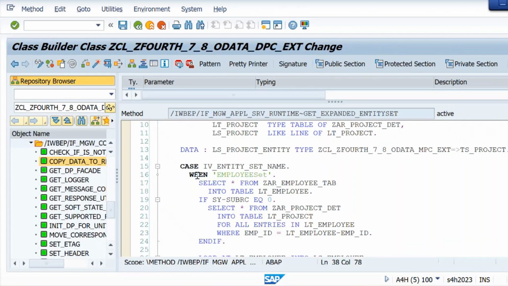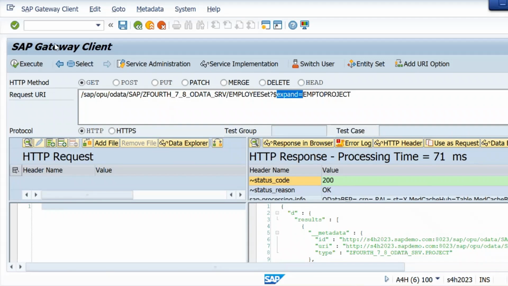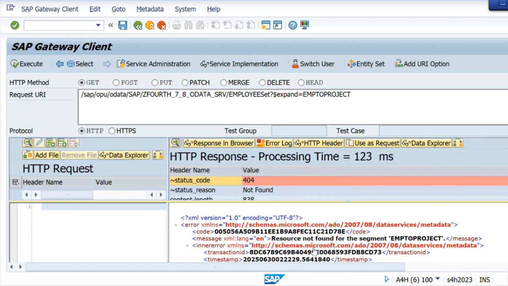So what I will do, I will just put here one debugger external and let's check it. Execute. It is saying not found. Why? Expand. There is some problem. Let me check. Employee set question